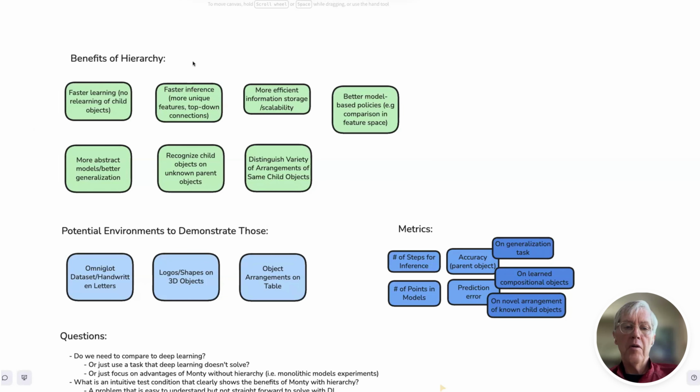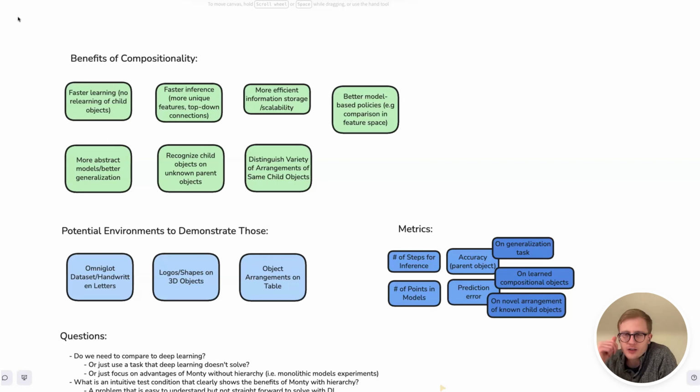Are we really talking about benefits of hierarchy or benefits of compositionality? I guess compositionality might be a more narrow topic. So I was like, oh yeah, there's a bunch of stuff that's not there. Okay, that confused me. Right, so that's the good context.